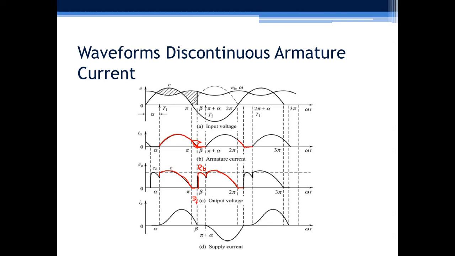So when current becomes 0, no devices are conducting, so the voltage across the load will be nothing but EB. So this EB will again be seen at this interval. And back to this, you can see that there has to be a back EMF. So we can simply say that when T1 D1 are conducting, when T1 and D2 are conducting, power flows from source to the load. At pi, they turn off.